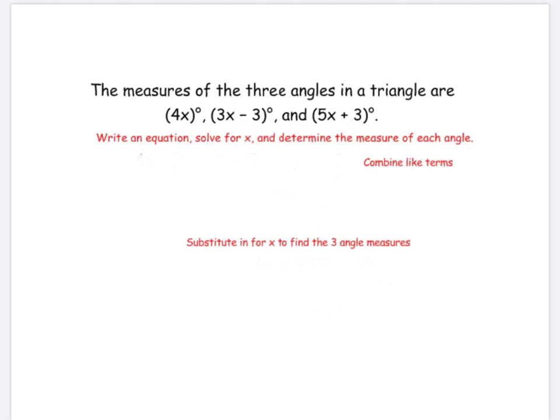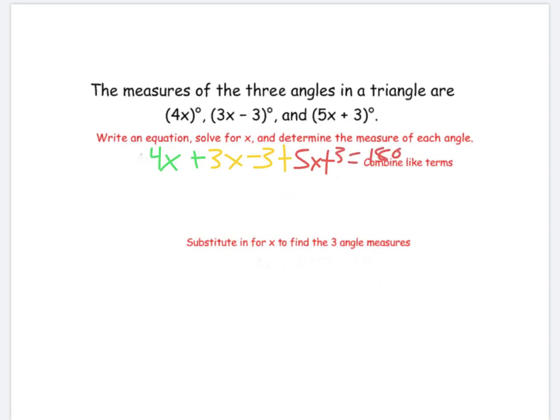So if I add all three angles together, I could say that 4x plus the next angle, which is 3x minus 3, plus the last angle, which is 5x plus 3, is equal to